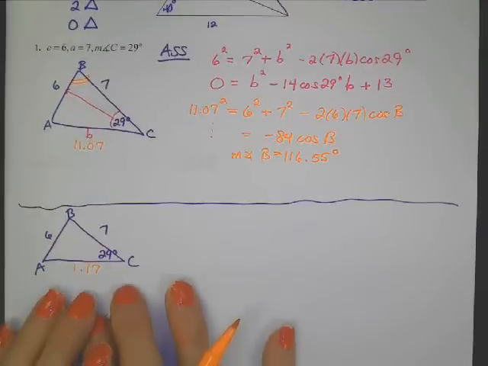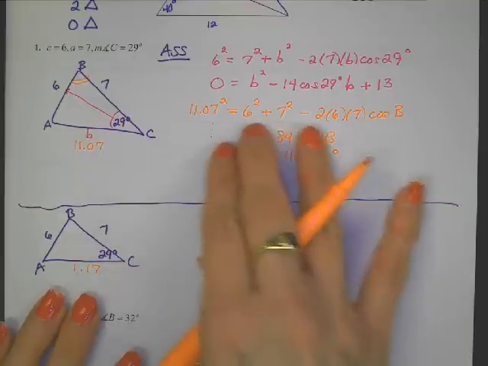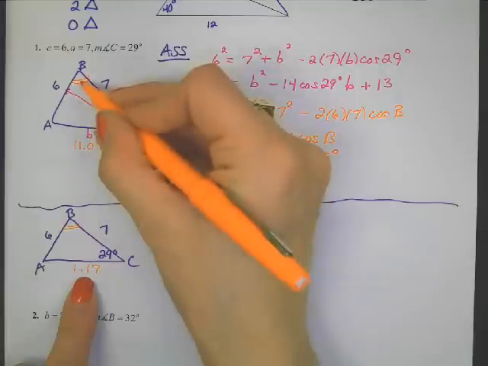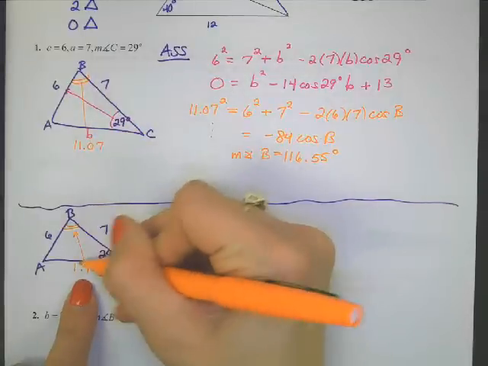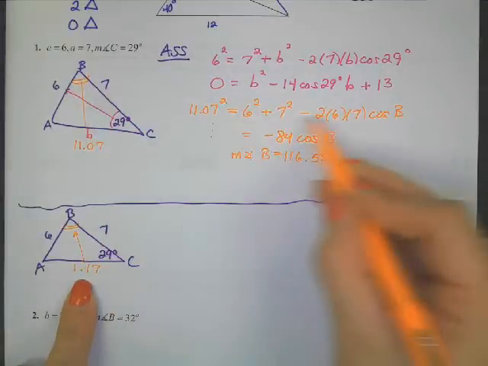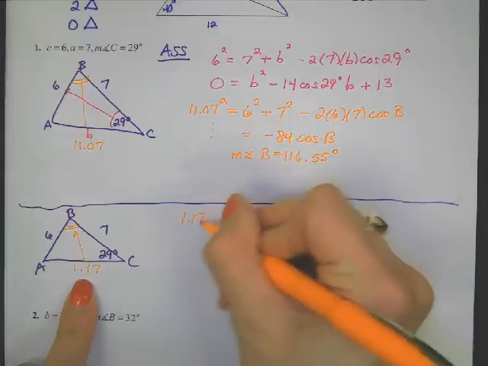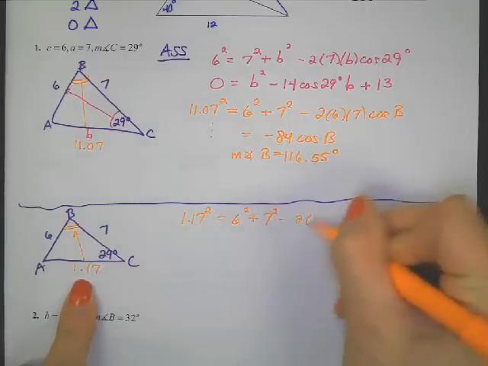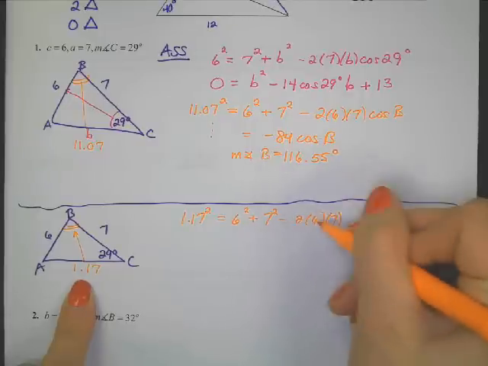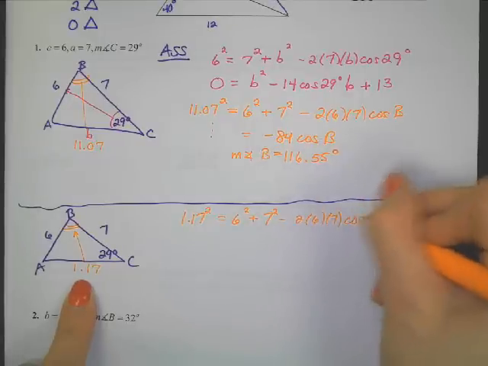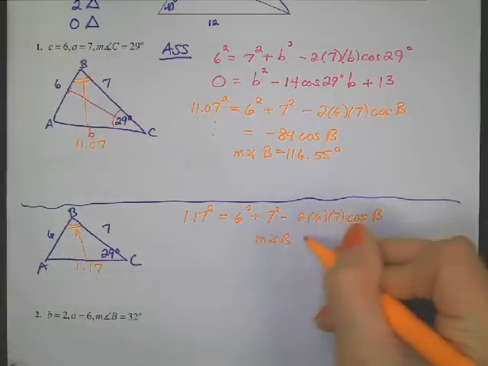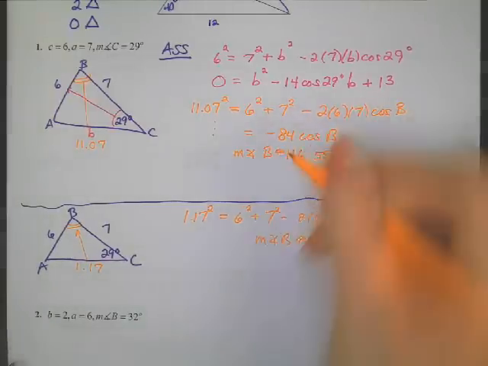Now, when you're doing the triangle down here, it's pretty much the exact same setup, except if we go for angle B, instead of starting with 11.07, you're starting with 1.17. So I'm just going to copy this equation here. 1.17 squared equals 6 squared plus 7 squared minus 2 times 6 times 7, which I know is 84, cosine of angle B. So we'll do it again. Measure of angle B is approximately